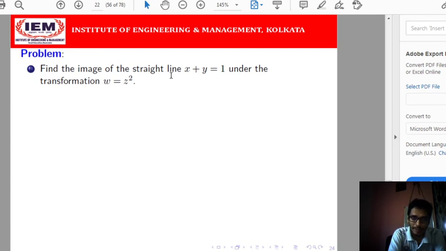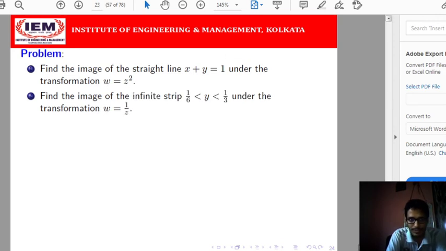Then by virtue of that mapping, where this straight line is mapped in the w plane, we need to find it. By virtue of what I have discussed in the previous cases, here you need to consider only one case. So you need to consider one straight line in the z plane, then you need to find out where it is mapped under this mapping. There is a second example, the function is given as w equals 1 by z. One strip is given, the rectangular strip, that means the region in between the lines y equals 1/3 and y equals 1/6. You need to find out where the strip is mapped in the w plane under this mapping.